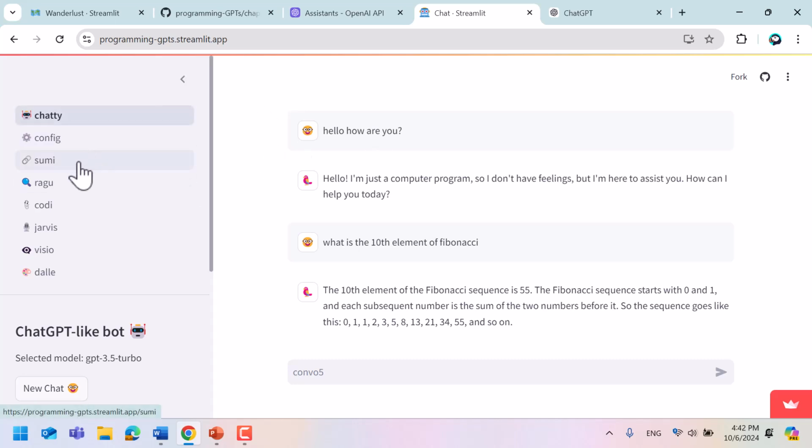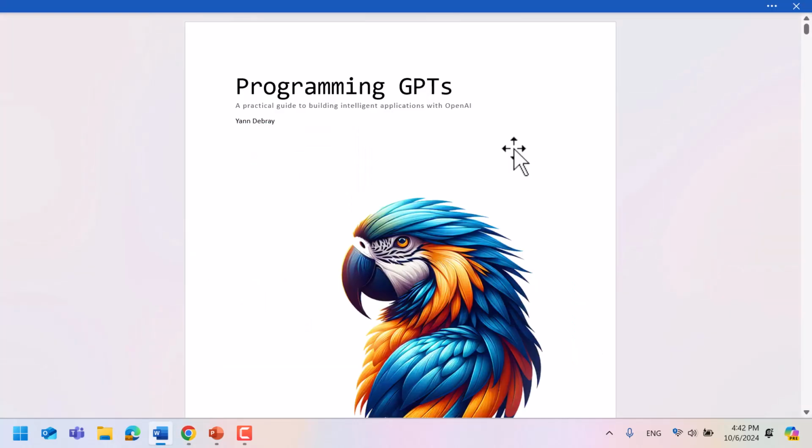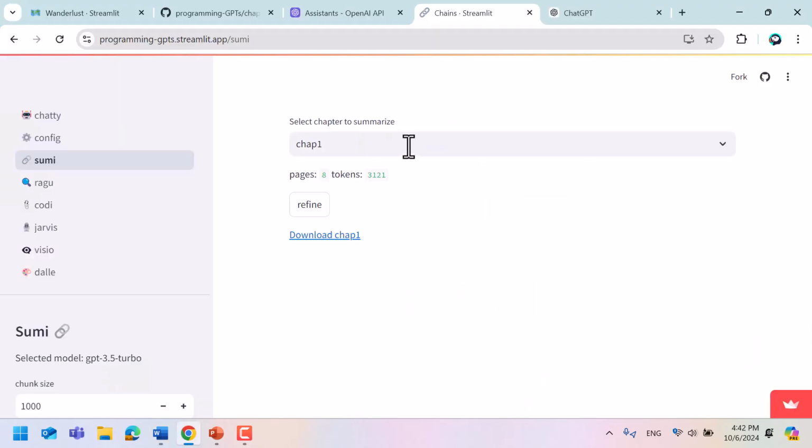Then once you've done that, let's go and introduce the notion of chaining. And so for that, what I'm going to do here is I'm simply going to take one of the chapters of the book that I've written, Programming GPT, on that topic, and I'm going to try to summarize it. Let's just pick chapter 1, for instance, and let's create a summary.